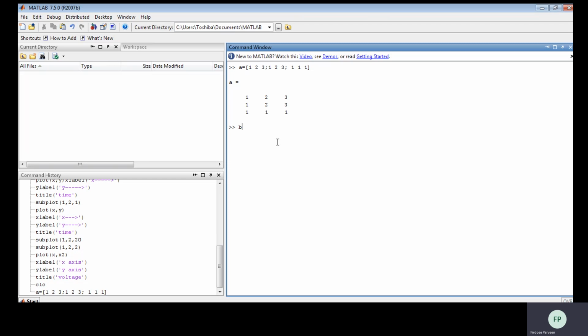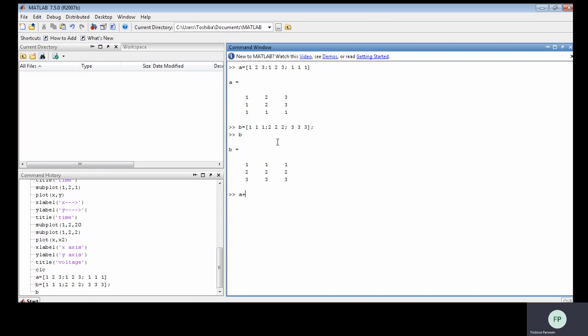In the same way, B is equal to, this is one row, then the second row, and again the third row. If I put a semicolon, I'll not be able to see; if you want to see, put B and you'll be able to see.